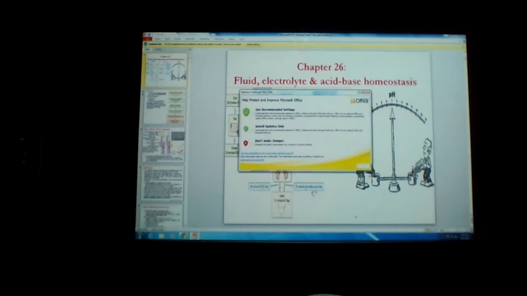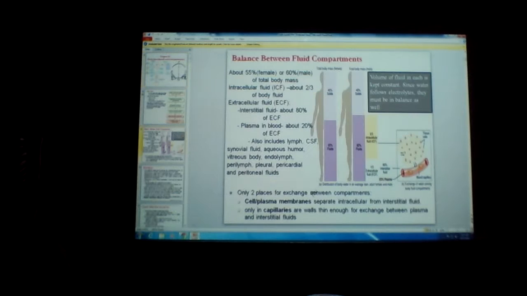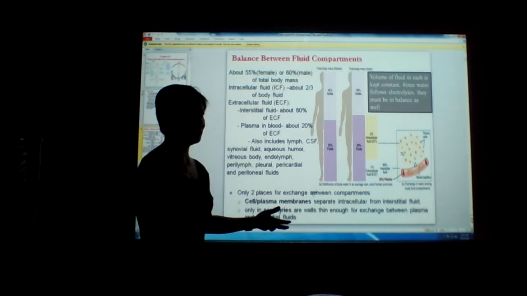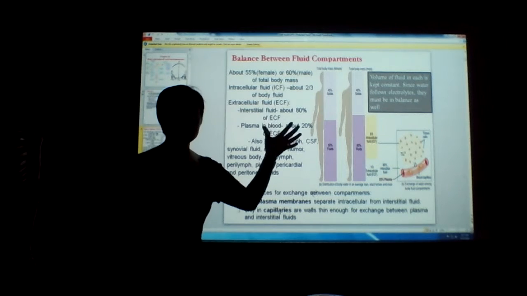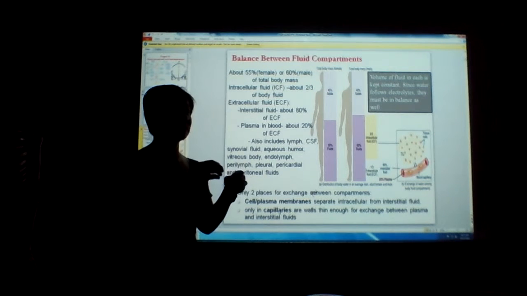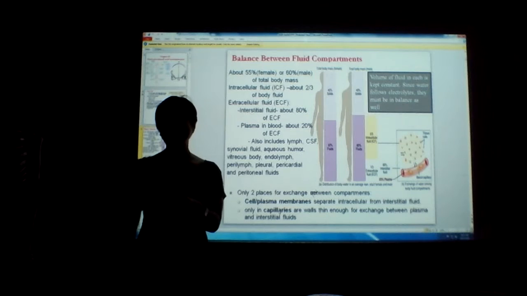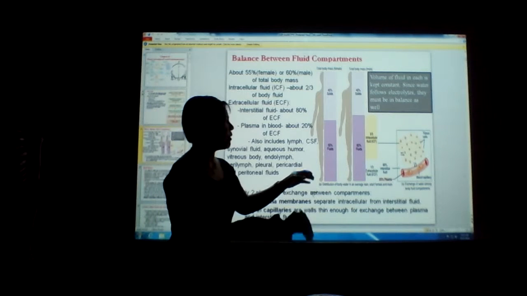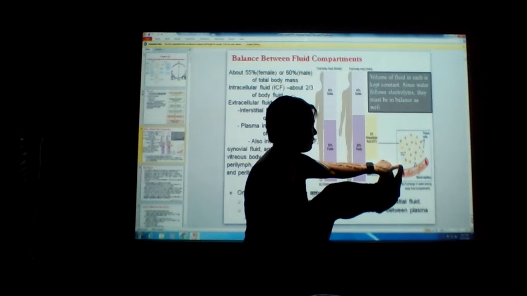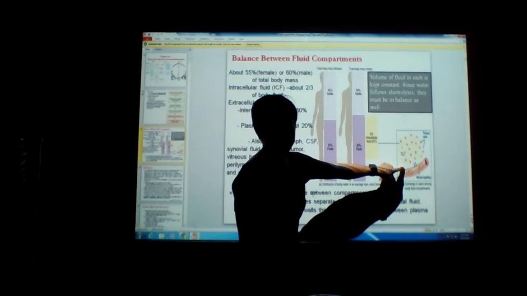So first, let's look at this one. Oh, first you need to know these following terms. I'm sure you know. Where do we find the fluid? You should know intracellular, extracellular. You know that, right? So fluid, which is mainly what? What's the main composition of fluid? Yes, it's mainly water, right? So most of it is inside the cell, but everything that's outside the cell you call extracellular fluid.